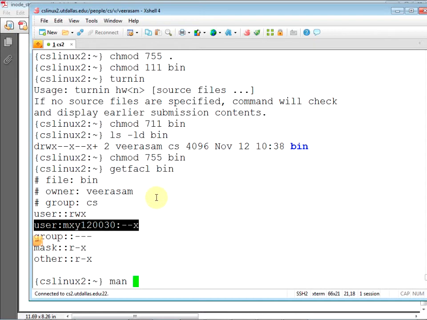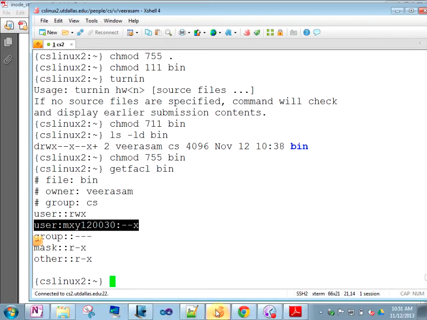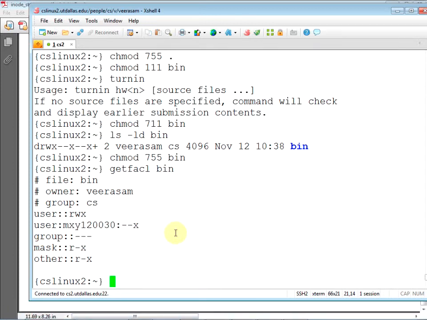Now we have to figure out how to undo its damage. So maybe we should make that a weekly activity. If you do setfacl -b, it removes everything. There you go, setfacl minus b.